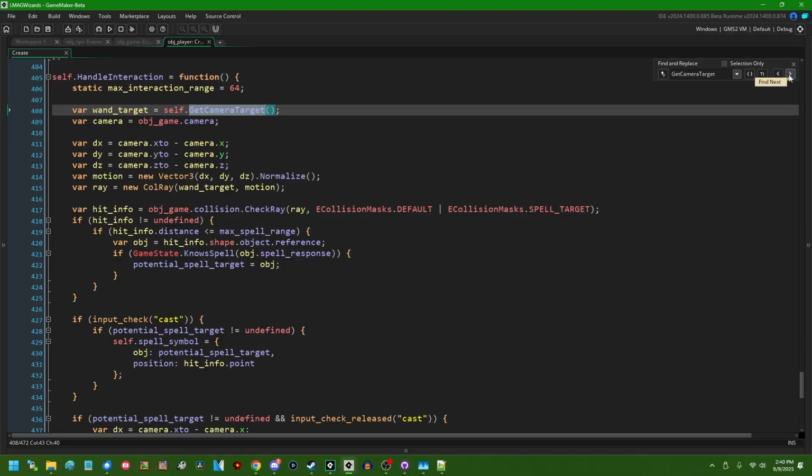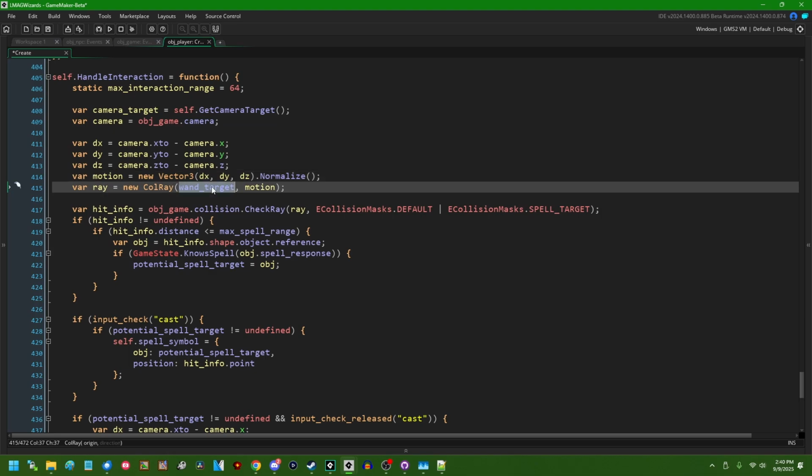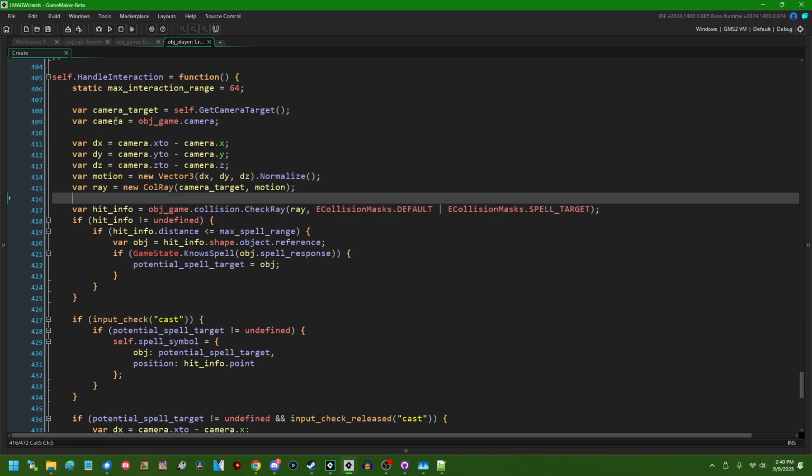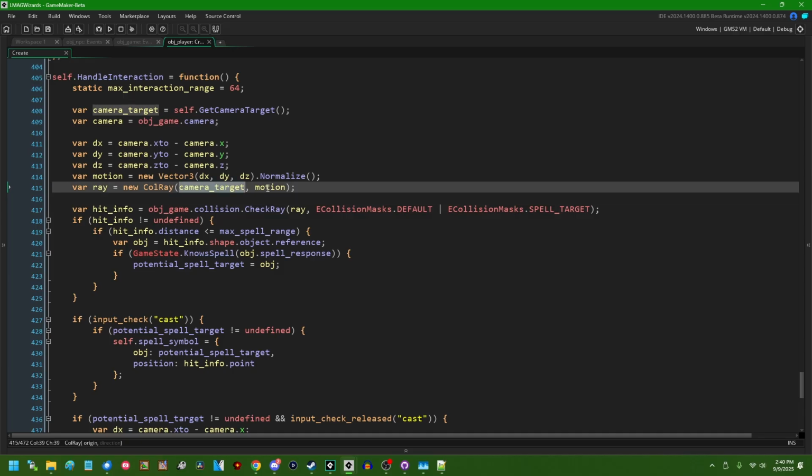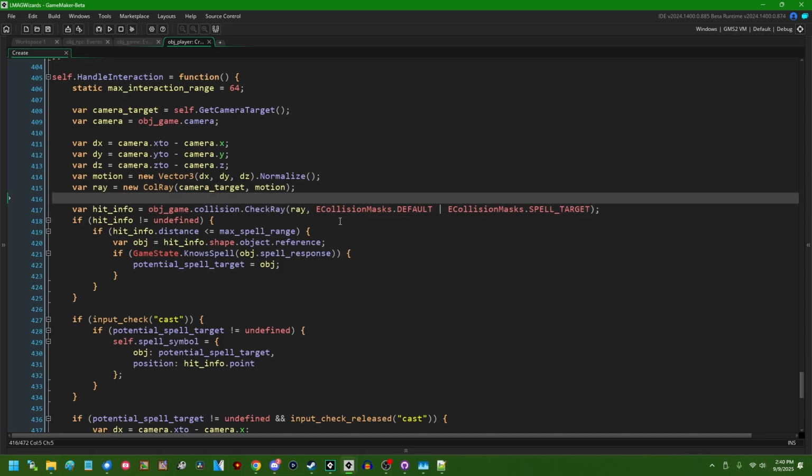I'm actually going to keep that, but I will rename it to camera target because that's a better name. I'm going to keep that because it would be a little bit weird to be able to talk to someone who's slightly offset because of the way that the ray origin and the ray direction is going in. So we have